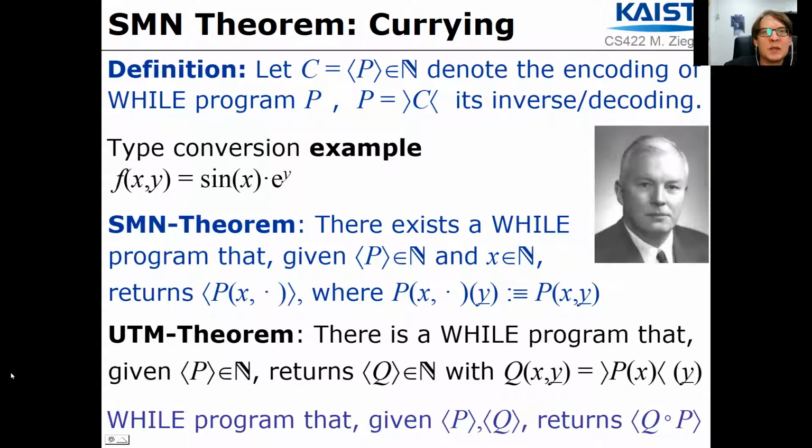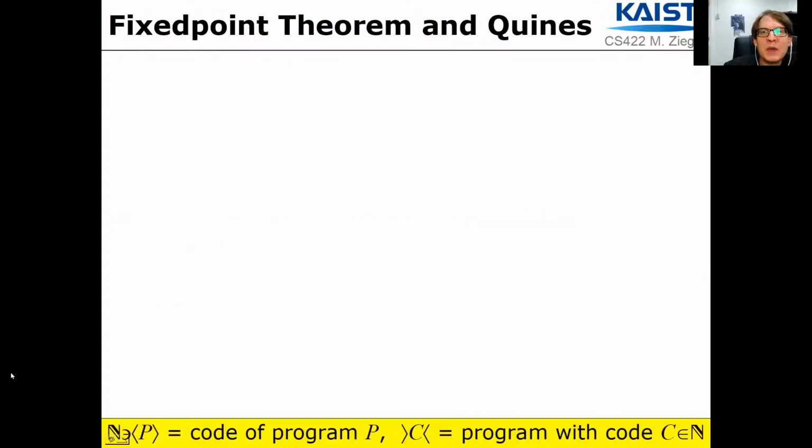Again, this is simple, pretty obvious when stated in terms of while programs, but it is beneficial to state things abstractly, independent of while programs, in computability theory, because all the different approaches are equivalent anyway, so let's not refer to any specific one. Good, so that was our recap, and then we've started talking about